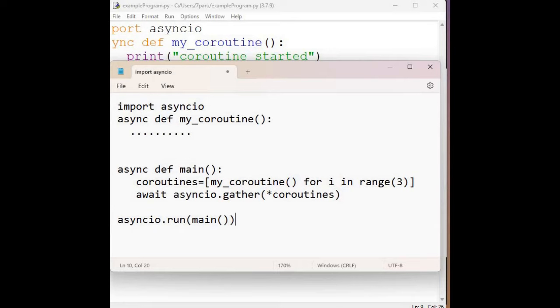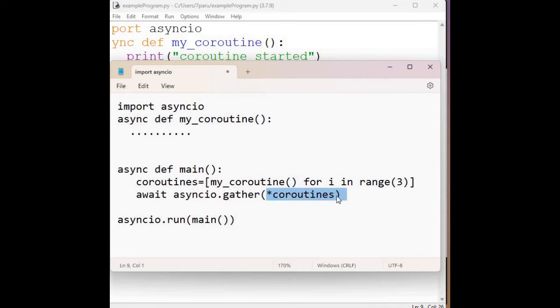In this example, the coroutines list is created using a list comprehension again to generate multiple instances of my_coroutine. And when asyncio.gather is called, this *coroutines is used to unpack the list of coroutines, and they are passed as separate arguments to